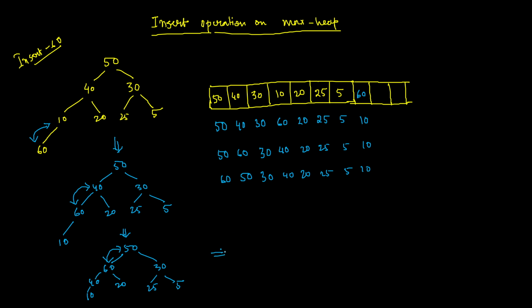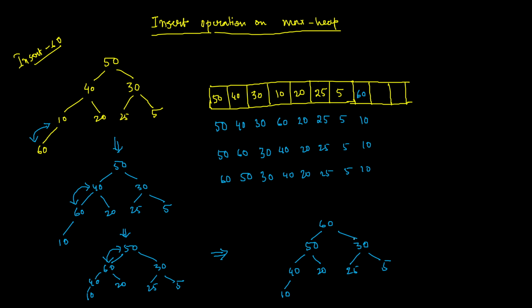And ultimately we will see that 60 has come to the root, then 50 here, then 30 this side, then 25, then 5, then 40, then 20, and then on this side you will have 10. Now this particular BST, you can say, is a complete BST where each and every node is maximum,